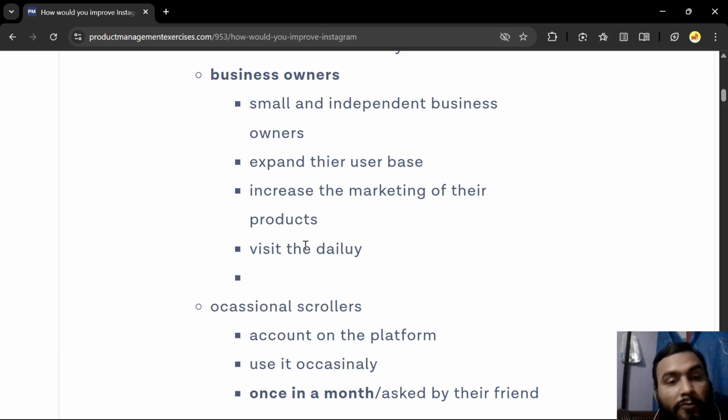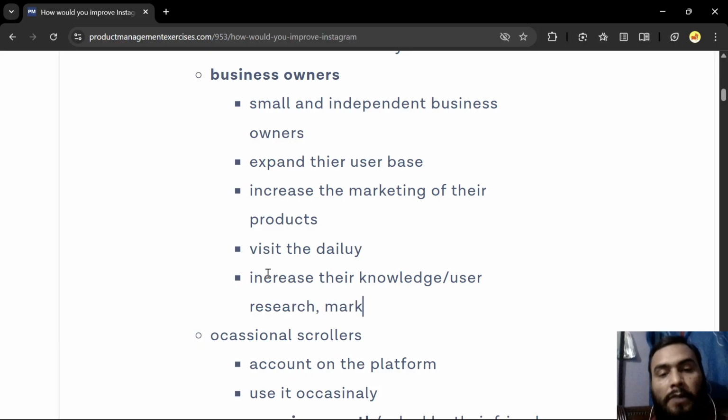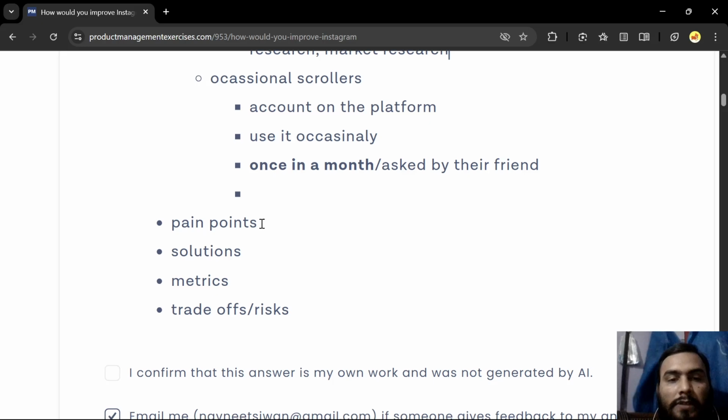So one of their goals is to increase their knowledge or do a bit of user research, market research. They do want to do all these things on the platform.